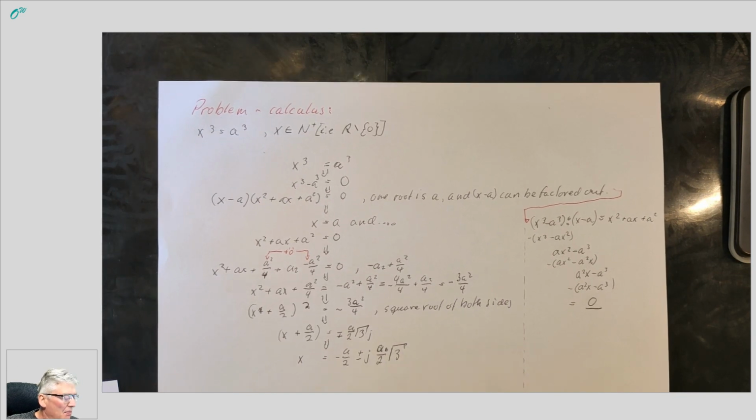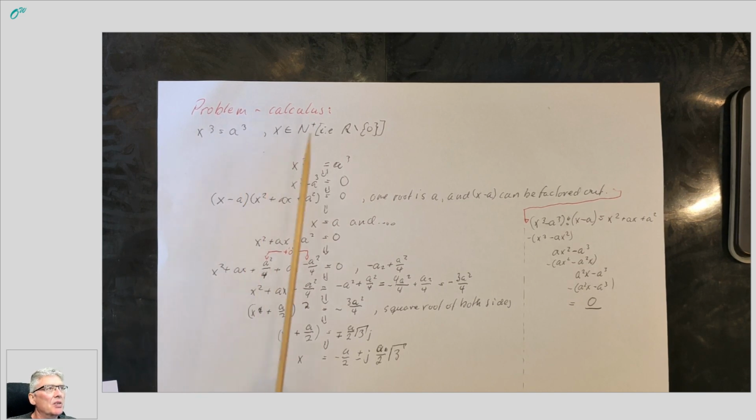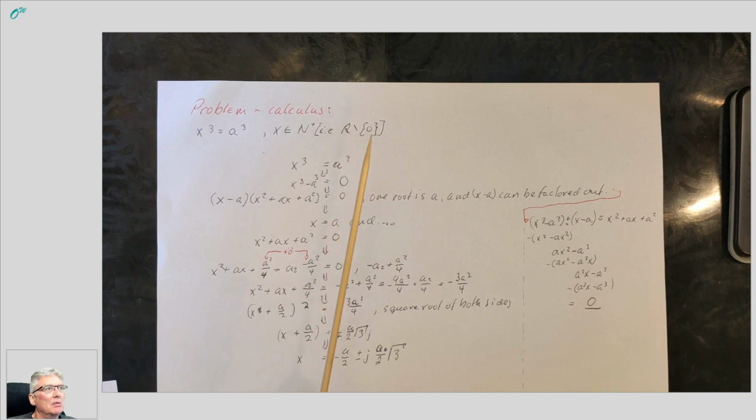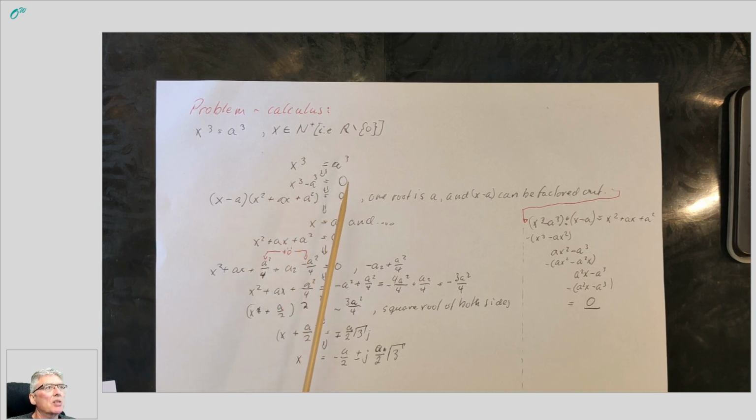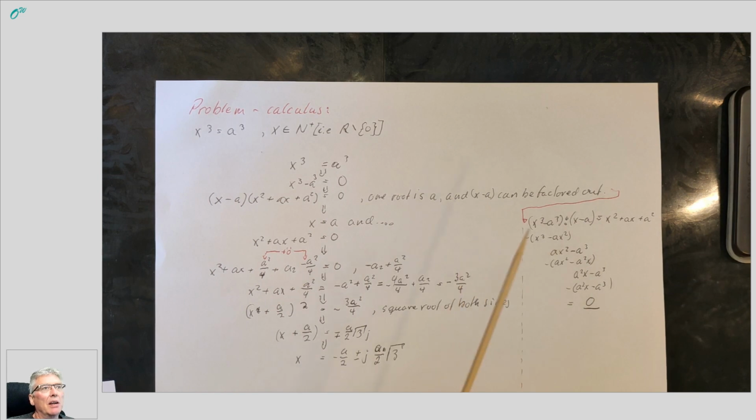And it's the same here. We can say, okay, this is the original equation, and a is any real number except 0. So we just write a cubed, x cubed is a cubed, and then we have x cubed minus a cubed is 0. And then we know one solution, so we can factor out the x minus a. It's done over here. You can do it with straight division, get to the remainder 0, and then you get this